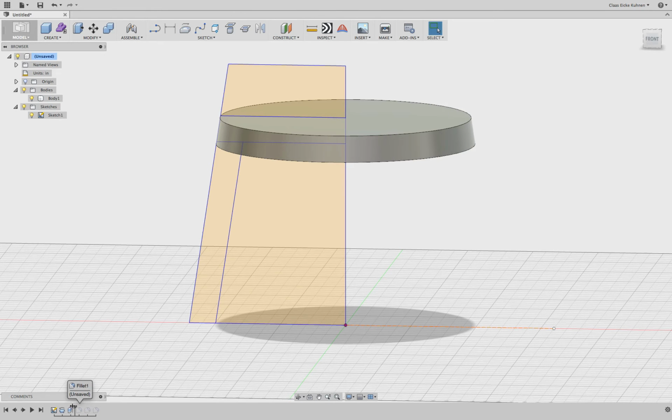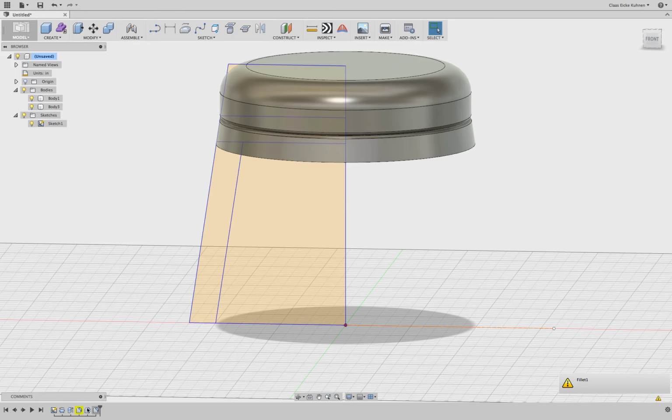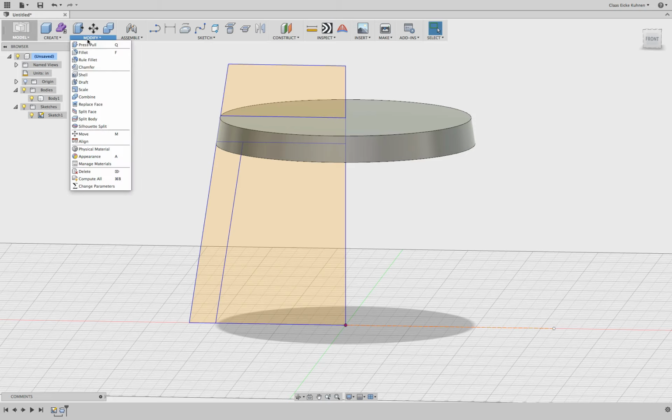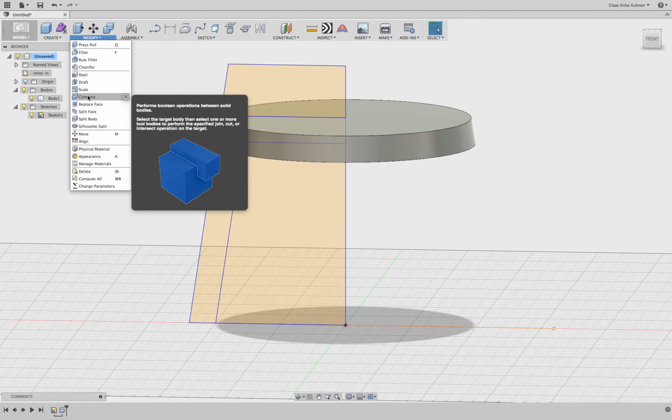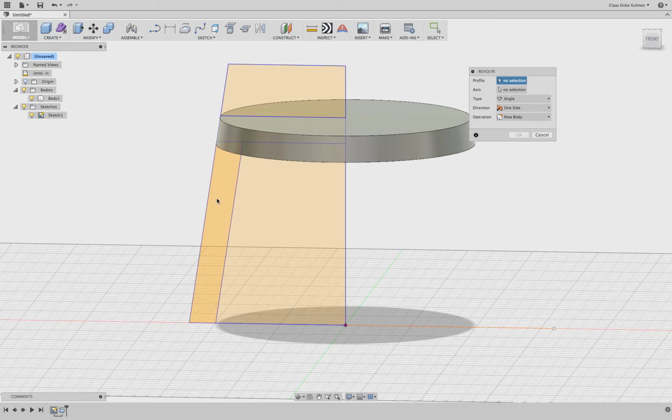Let's double check if this trick worked out. Yeah, and you see the rest works out. There's one fillet that breaks, and that's fine because we rounded this lower edge with this command, and currently we don't have that edge. But I will delete everything there because I don't like the way it looks. Then I go back to revolve and say you and you